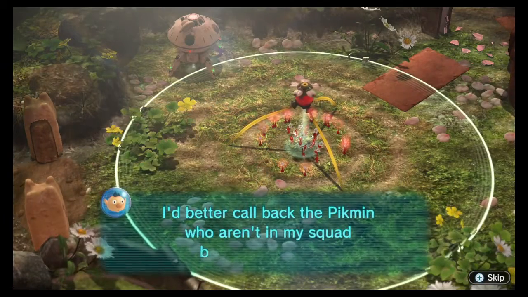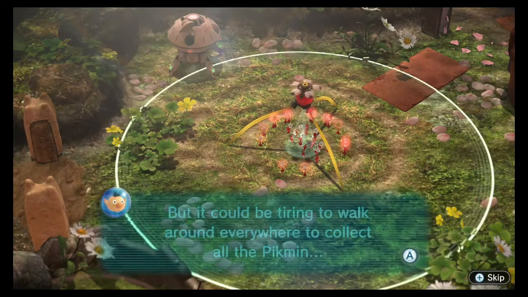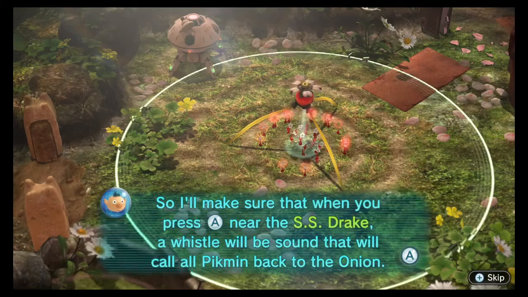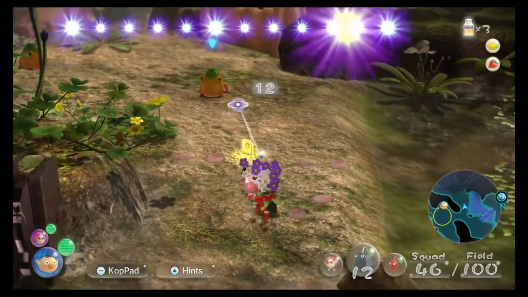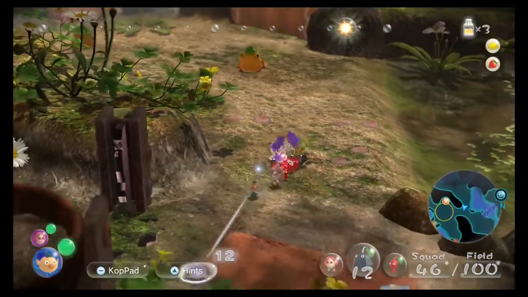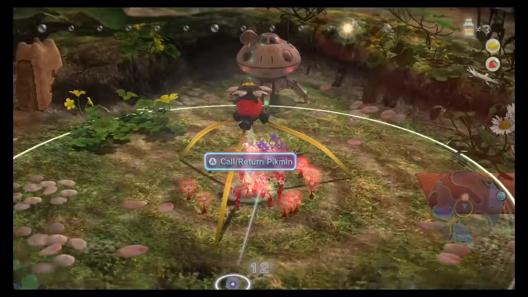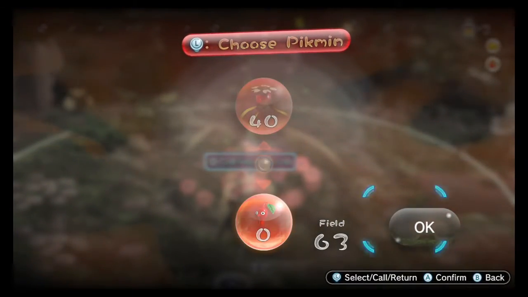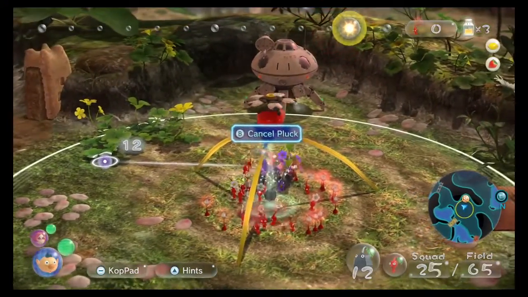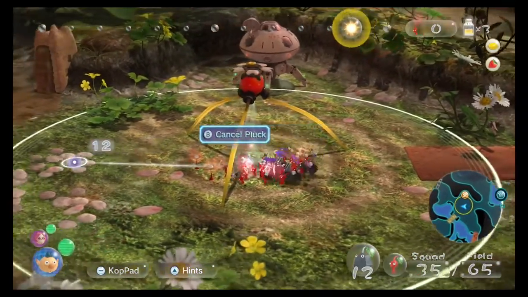I'd better call back the Pikmin who aren't in my squad before it's too late. I could be trying to walk around everywhere to collect all the Pikmin, so I'll make sure that when you press A near the SS Drake, a whistle will sound that will call all Pikmin back to the onion. Oh, okay. First, let me get this data card. Rock Pikmin number 3 aren't crushed when trampled on. Oh, that's good to know. There's strength, too. Gather any stray Pikmin. And let me pluck these guys. Alright, so it was talking about...